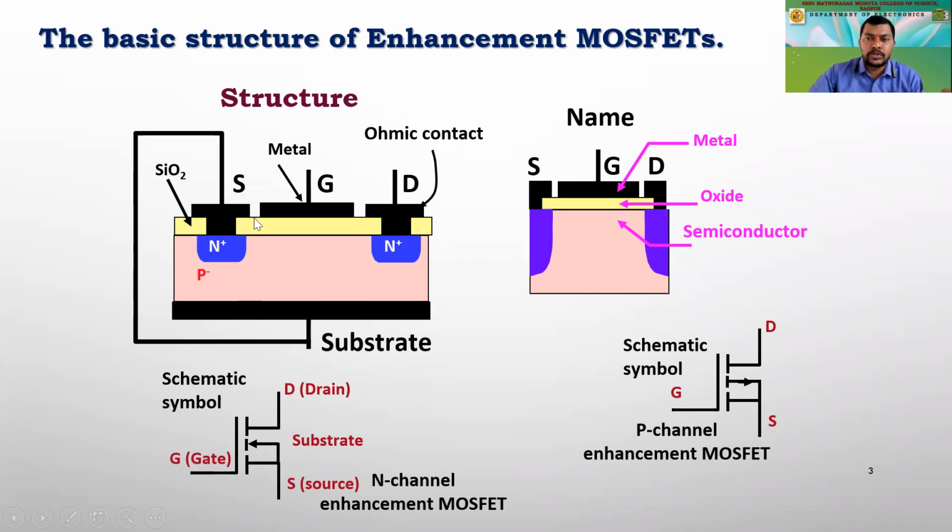So I guess you have understood the basic structure of that, and accordingly we can design that for the P-channel enhancement MOSFET, right? And why the name is given, that is all shown over here. So it is a metal, then we are having an oxide layer over here, and this is actually the semiconductor. So we call it a MOSFET, metal oxide semiconductor field effect transistor, right? And we are having two types of MOSFET, the E-MOSFET: those are the N-channel and P-channel enhancement MOSFET.